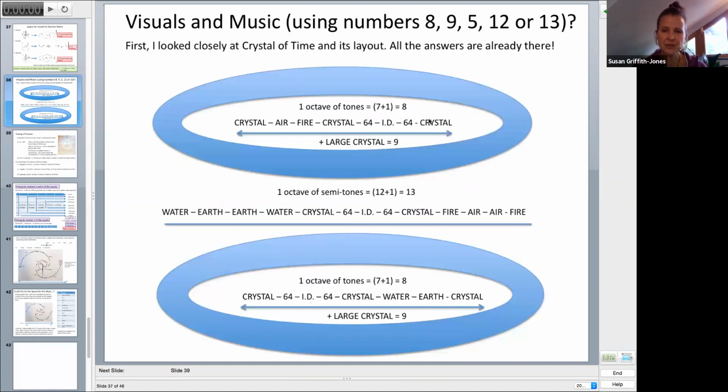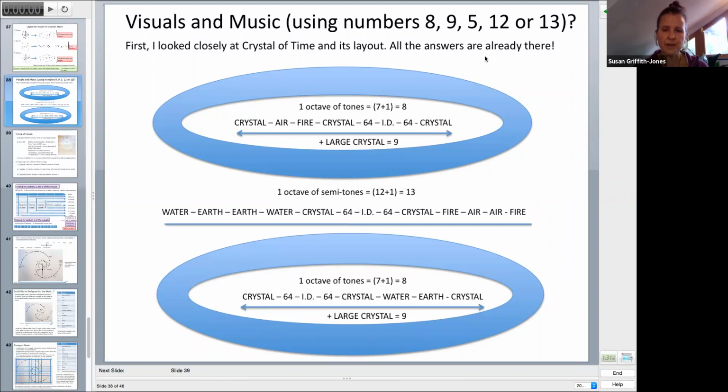So now putting this into writing, like I said, I've looked at Crystal of Time and its layout, and I found that all the answers are already there. But now, because I have the interpretation and the study that I've been doing up to this date, I will be able to match these symbols with the meanings and try to embed those meanings through skillful use of visuals and music